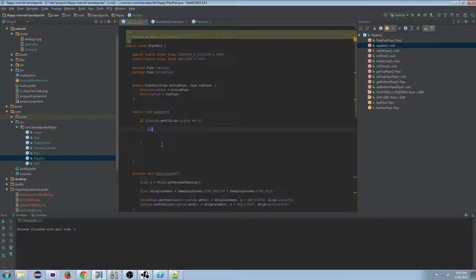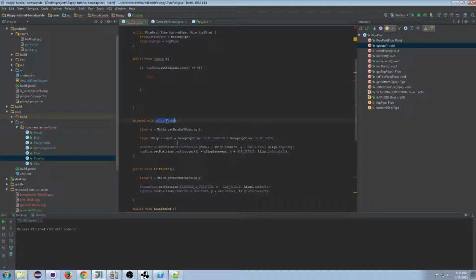well, all we have to do now is, I was going to say all we have to do is initialize it again. But is that true? I don't think that's true, because we want to shift it the right amount. Let me just check what I did here. Oh yeah, we already made this reinit pipes method that we're not using. That's exactly what this was made for. So yeah, if it's less than 0, I think we can just call reinit,